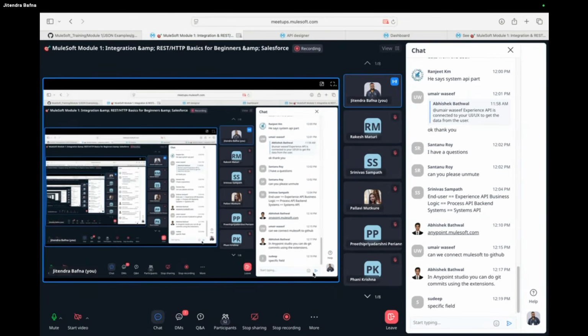So what is URI parameter? URI parameter is basically if you want to identify any record uniquely, you pass that as a URI parameter. For example, if I want to retrieve a particular order, it can be order/order ID, right? So you always pass that as a URI parameter. Then what about the query params? You always pass a query param after a question mark, right? For example, if you want to filter out some data which cannot be uniquely identified, in that case you go with the query parameter.